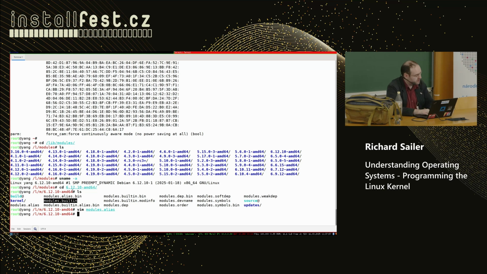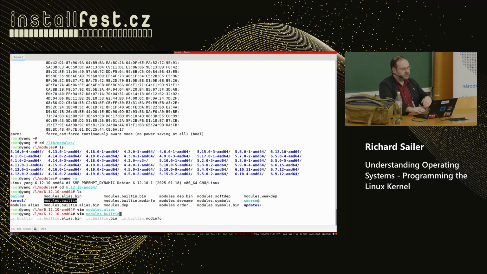Then we have a list of all the kernel modules that are actually built in. That is something that basically the Debian kernel team decided for me. What did they decide to build in? Maybe I should explain in general. When you compile your kernel, for most of the features you can decide: do you want them not at all, as a kernel module, or built into your kernel? Of course, built-in stuff is faster, but it also makes your kernel bigger, and you should not put everything into the kernel, because that would be super slow.